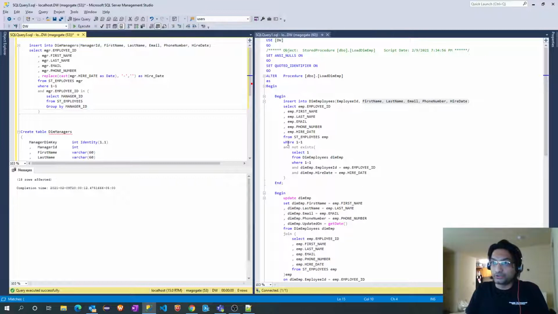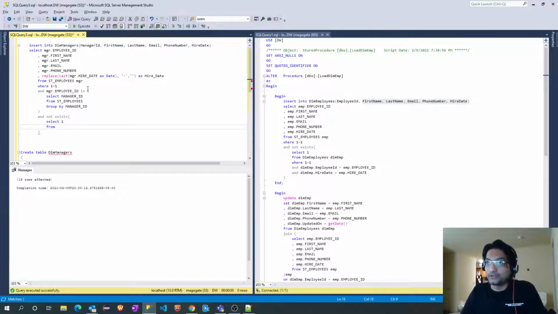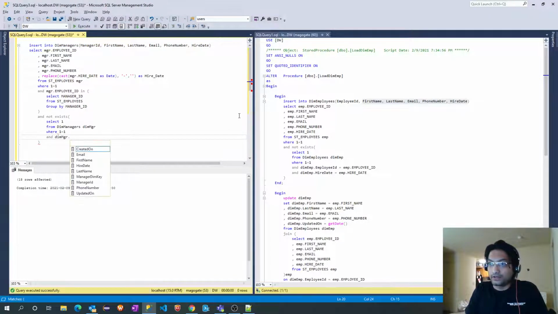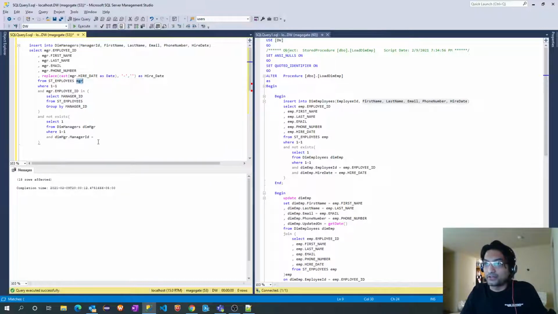EXISTS. So AND NOT EXISTS, SELECT 1 FROM dim managers, dim_mgr, WHERE 1 = 1 AND dim_mgr.manager_id = manager.employee_id.